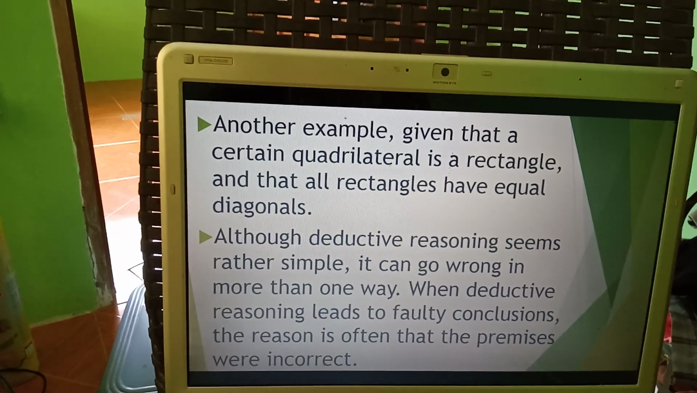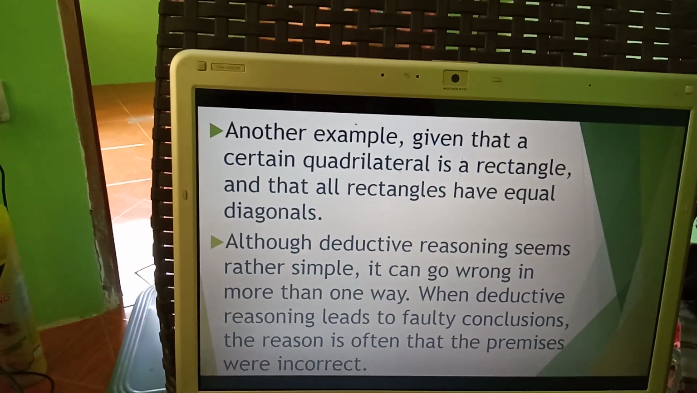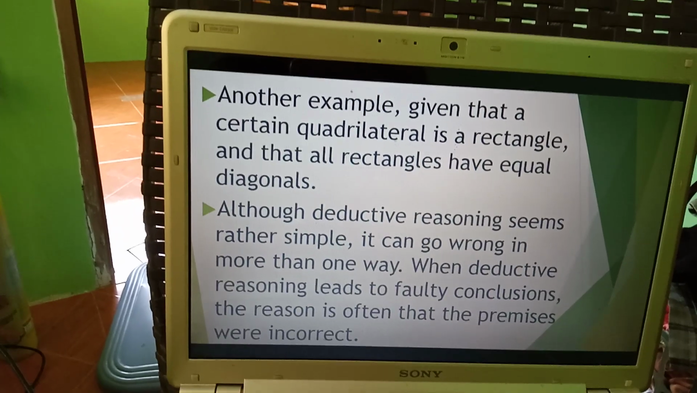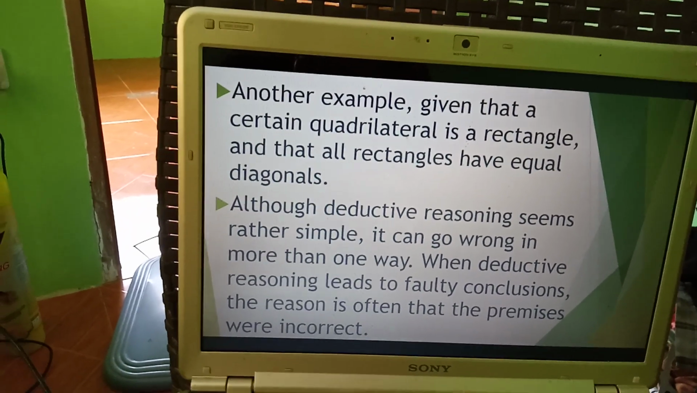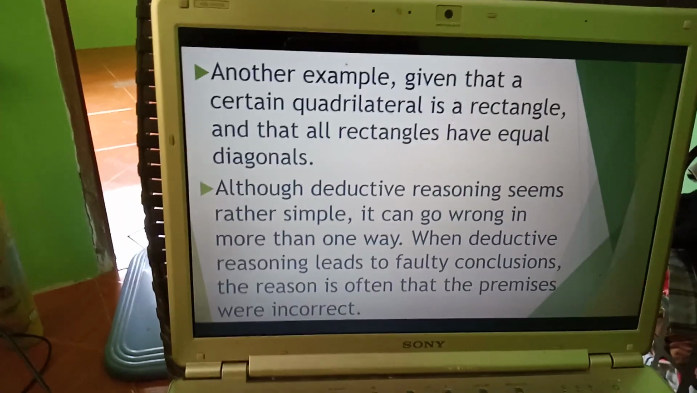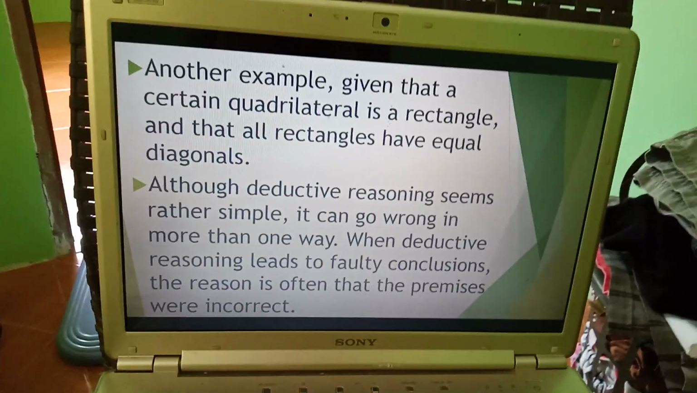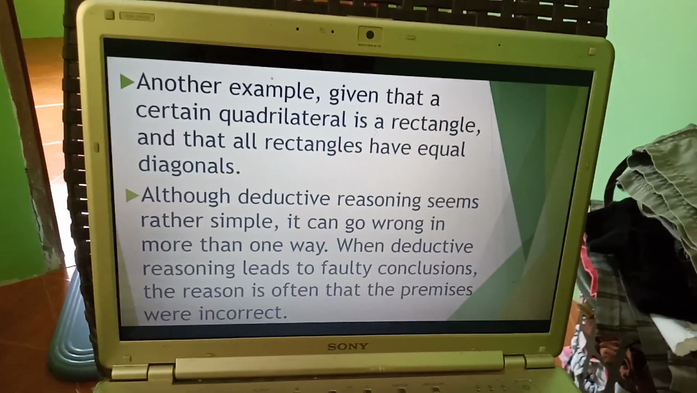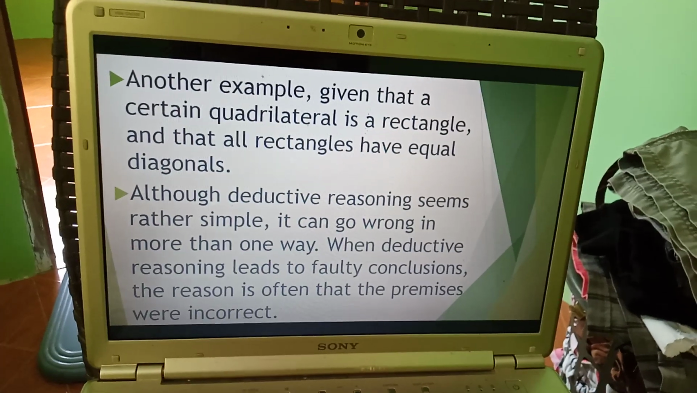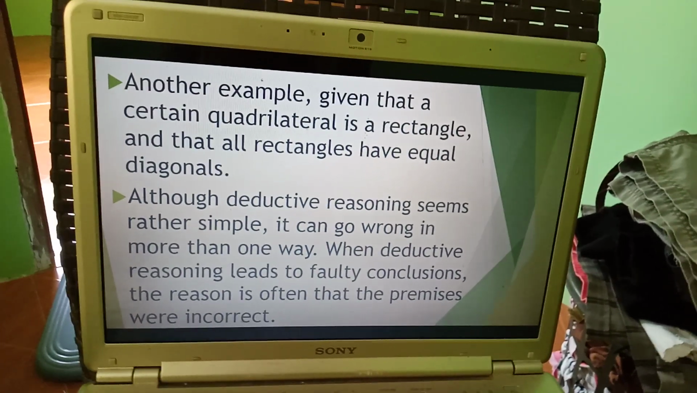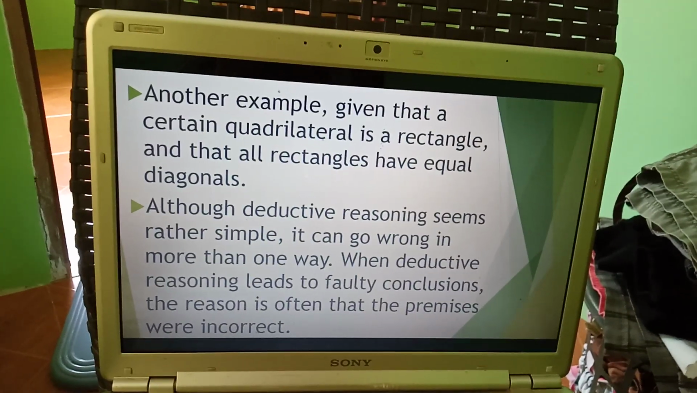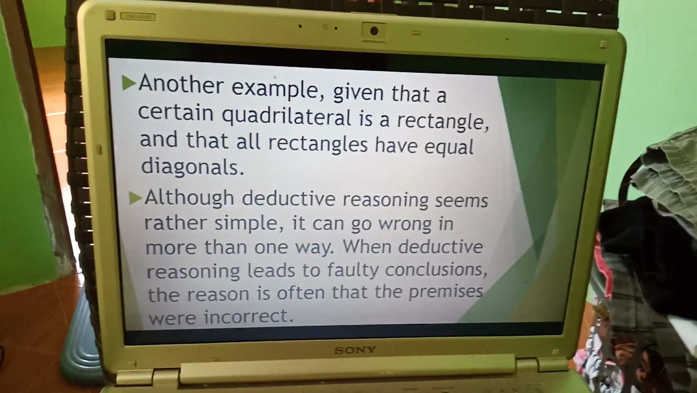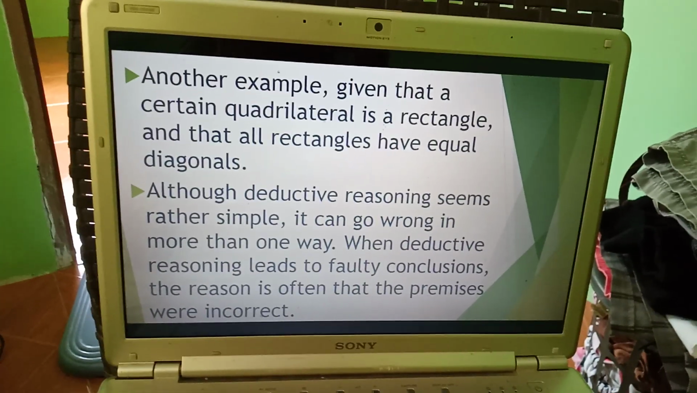What if it is a rhombus? Can we still say that the diagonals are equal? No, kasi rhombus has unequal diagonals. Magkaiba yung measurement nung isang diagonal sa isang diagonal. So, actually, kung hindi rectangle, kung parallelogram or rhombus yan, then the fact that the diagonals of the rectangle are equal will not tell us something relevant about the diagonals of parallelogram